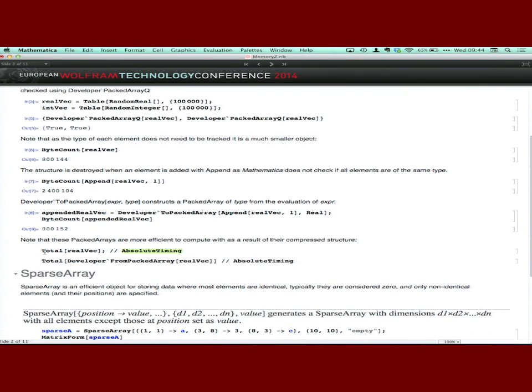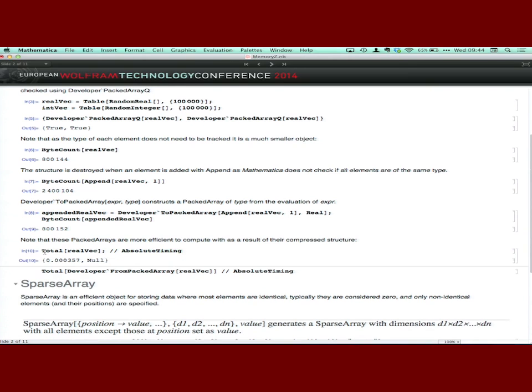Now, why is a packed array quite important, other than the fact that the byte count is lower? Well, they're more efficient to compute. So here we have Total, which adds up all the numbers. Here we're adding a bunch of random real numbers together. How long does it take to do that? We have this function AbsoluteTiming, which tells us the time,